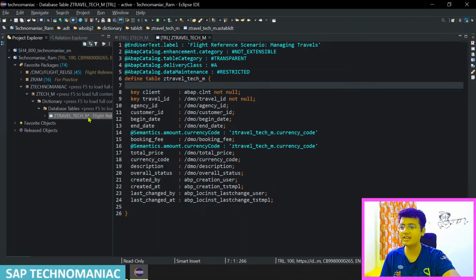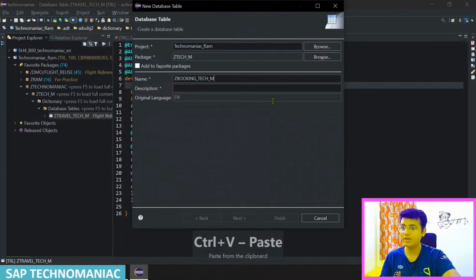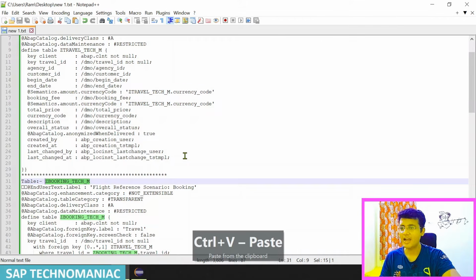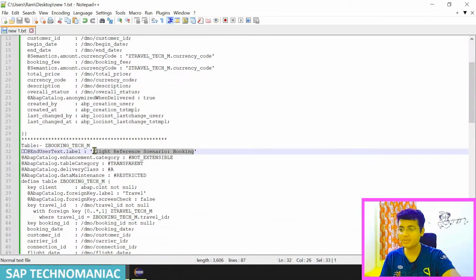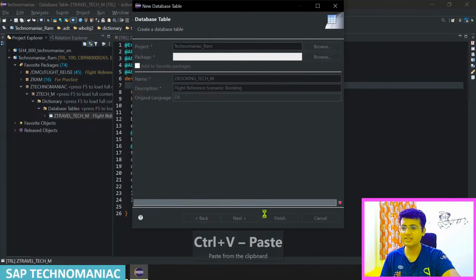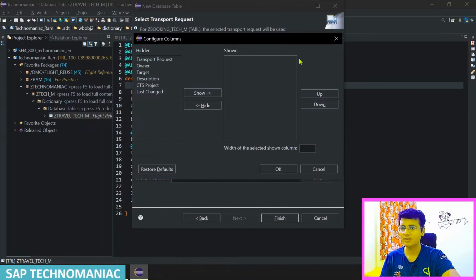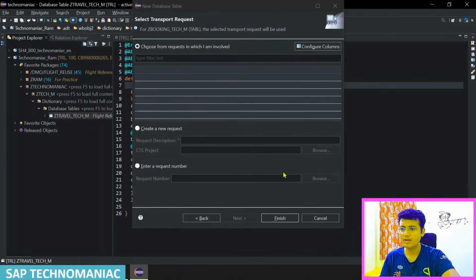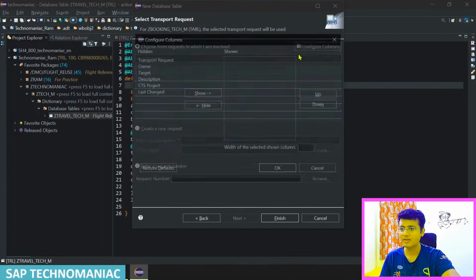You just right click over here on the table and new database table, you can click and you can paste your table name and you can paste your table description. This is for booking. Control C, Control V, click on next. Is this configure transport request? I need owner, I need target description. Okay,